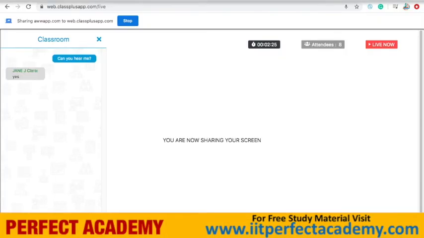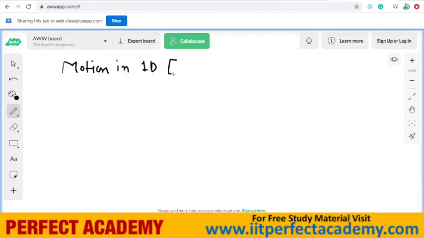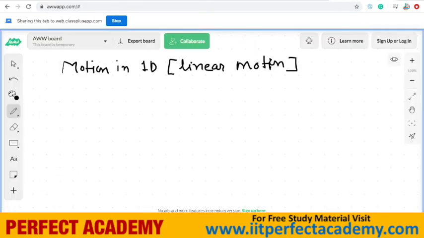One dimensional motion. In fact, in this one dimensional motion, the unit name what you have in NCERT is linear motion. Now, those who have attended my classes earlier in mechanics or even our other teachers should understand that every one dimensional motion has to be linear only, but not necessarily all linear motions are one dimensional.